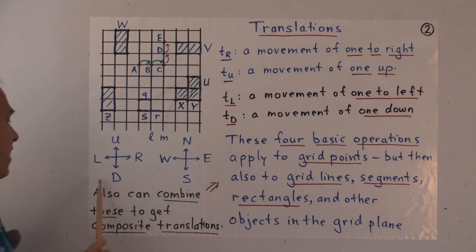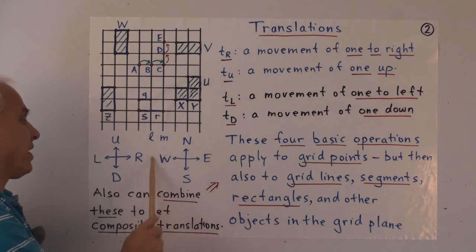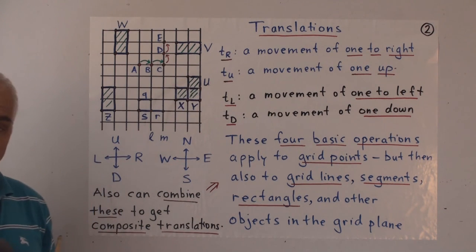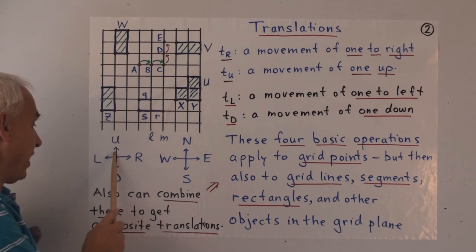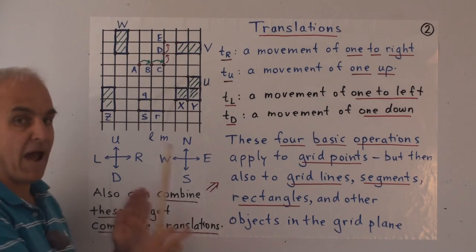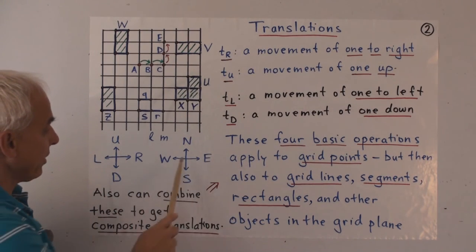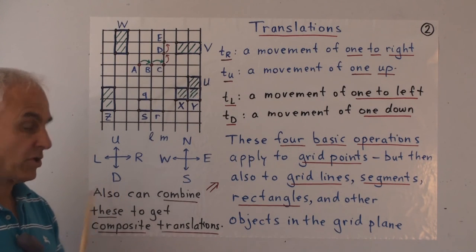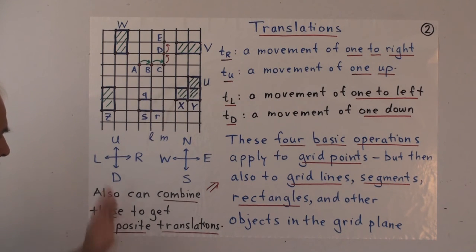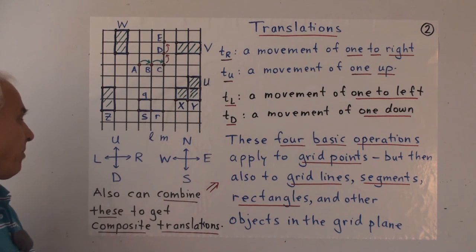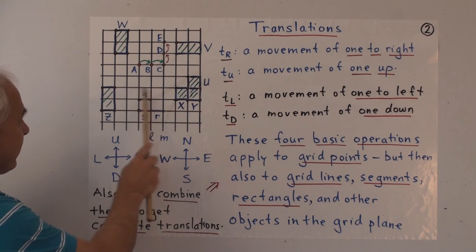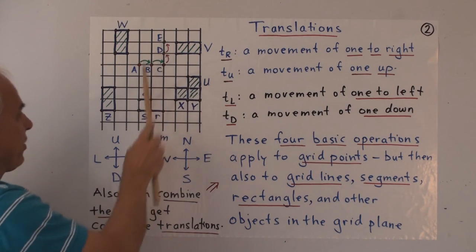Now in terms of directions, we have 2 choices or 2 systems that we can work in. We can think about the directions as being left and right in the horizontal directions, and up and down in the vertical directions. Or we can adopt a point of view like a map, with an east-west orientation in the horizontal direction and north-south orientation in the vertical direction. So there are 2 systems here that are pretty complementary. Let's stick with this system today. So we're going to talk about moving left, or moving right, or moving up, or moving down.